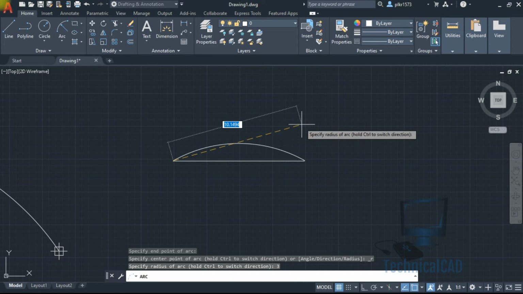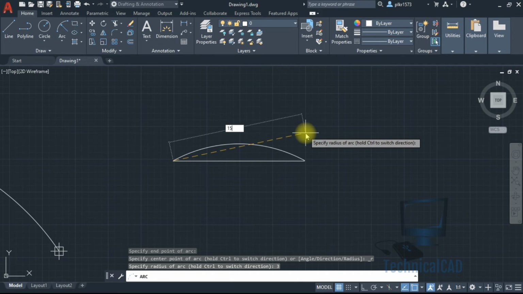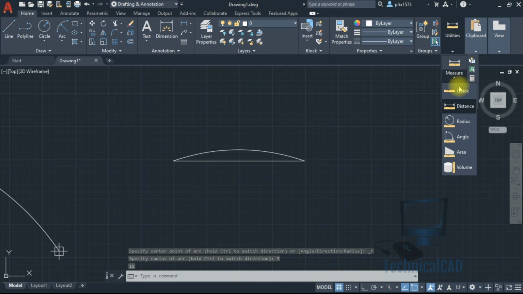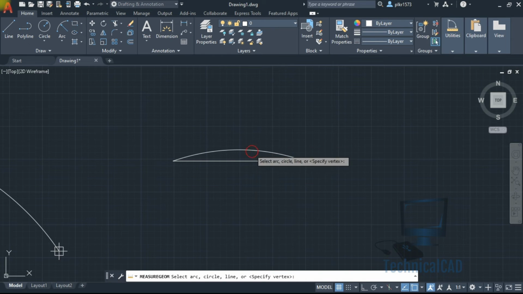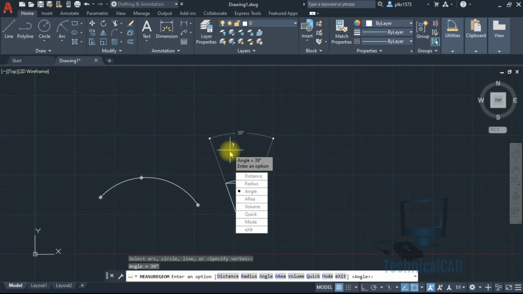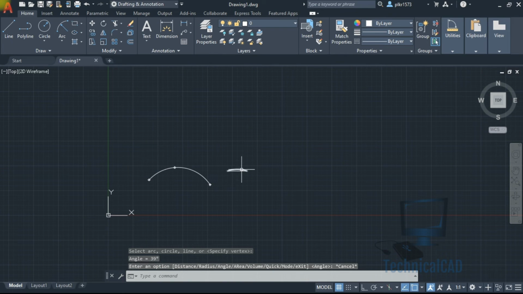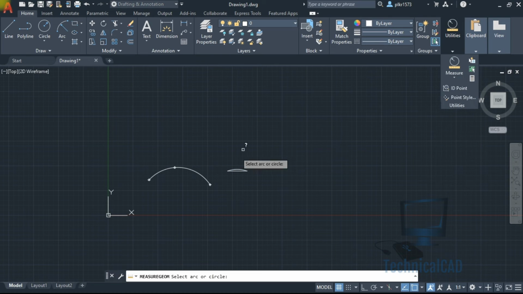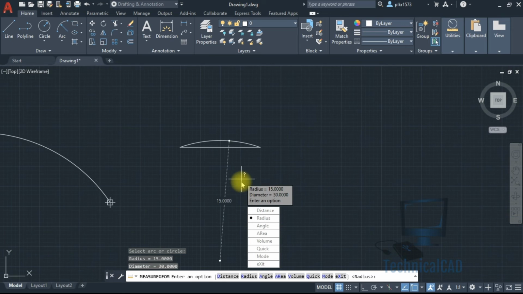Sorry, let's take 15 mm. Now you can check the angle. It's showing 39, and you can get the distance, I mean the radius. Check the radius from here. See, 15.